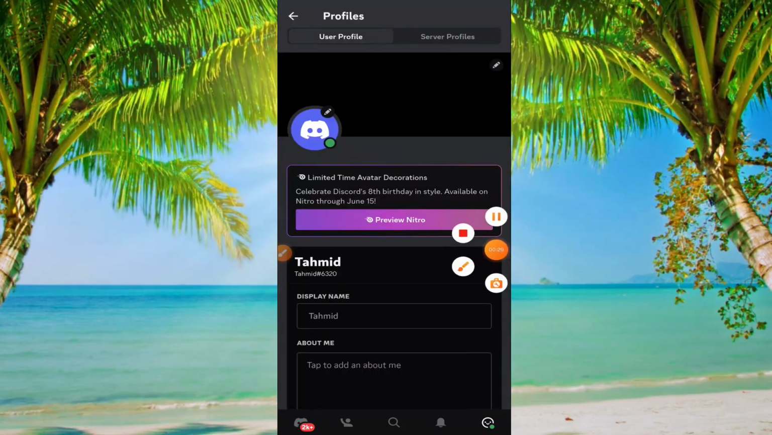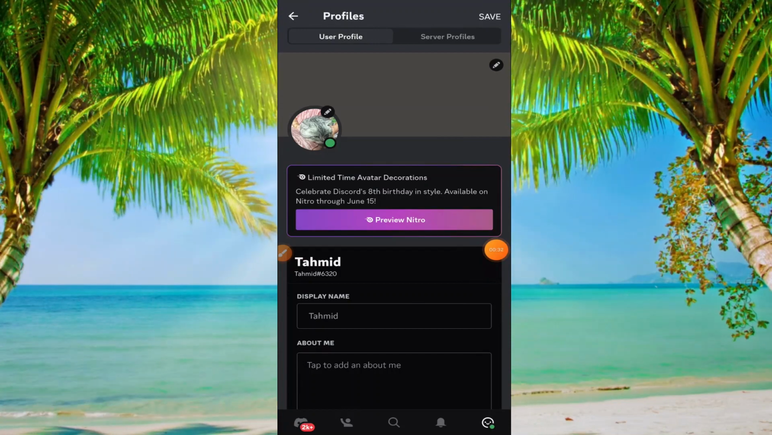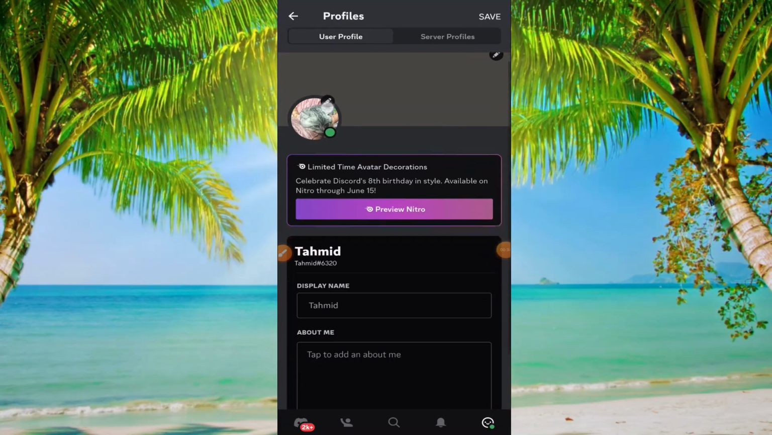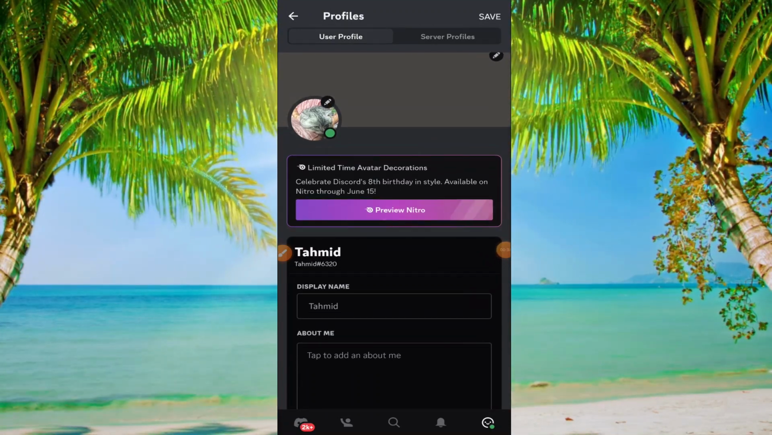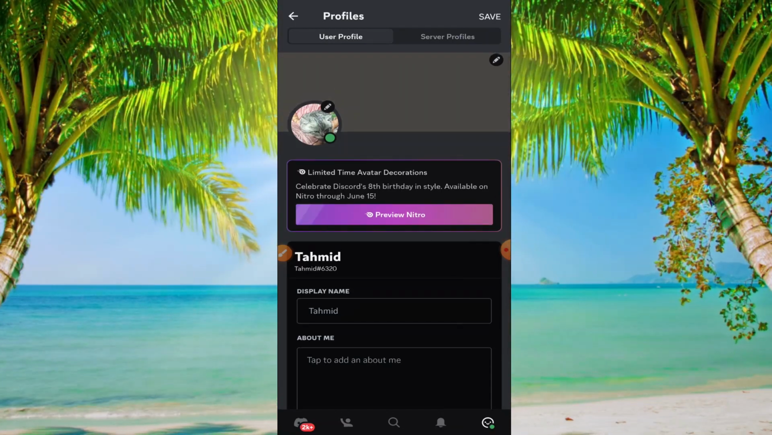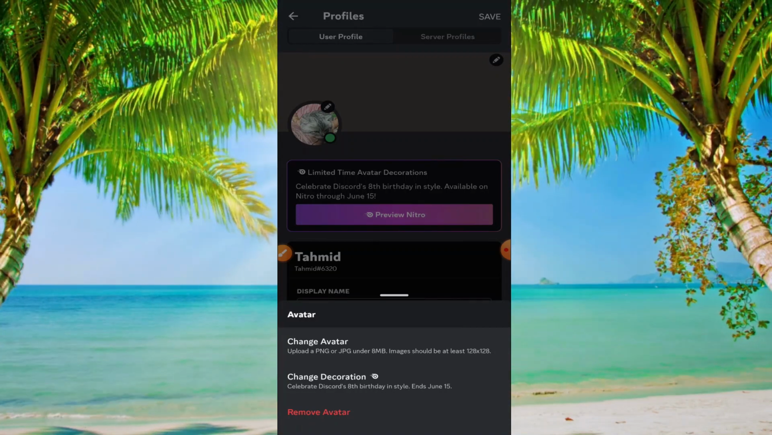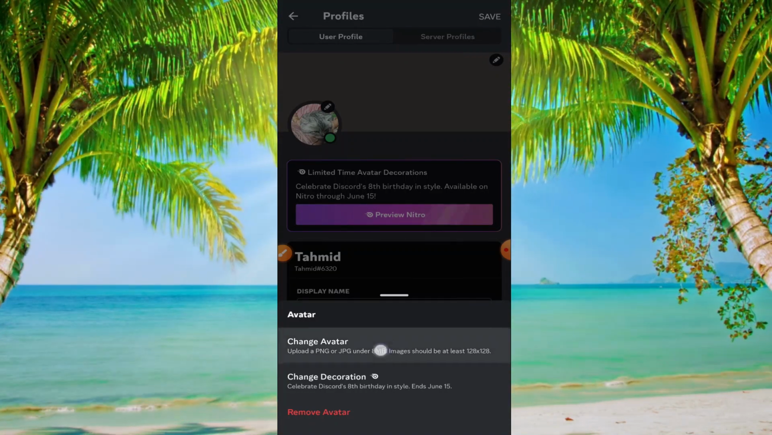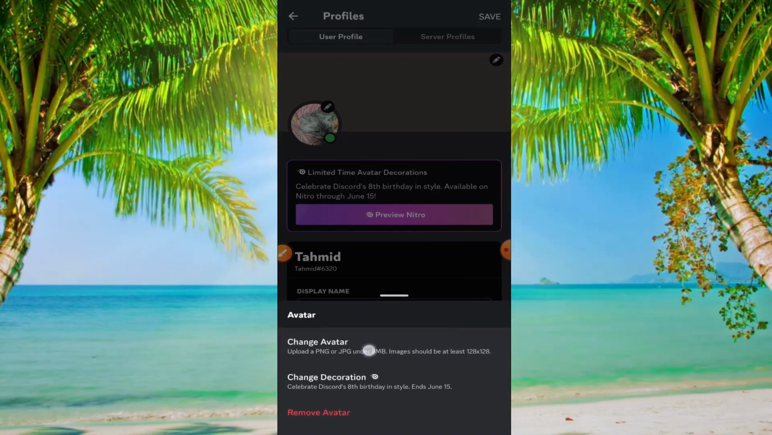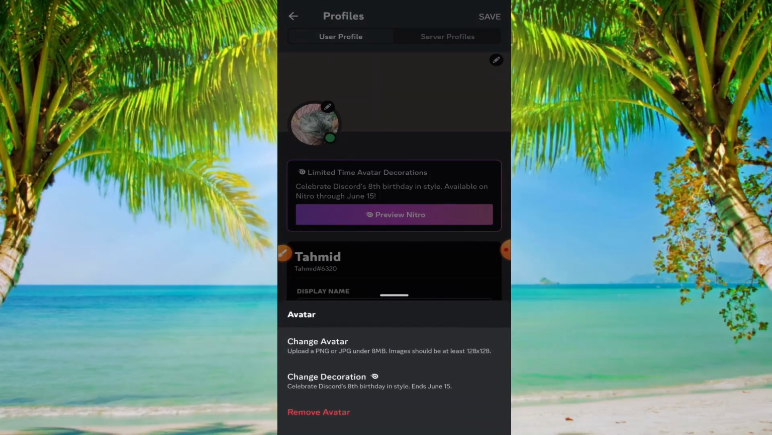Here you just need to tap on here, click on here. It looks like a pencil. Just tap on this pencil and now click on change avatar. Just click on change avatar,